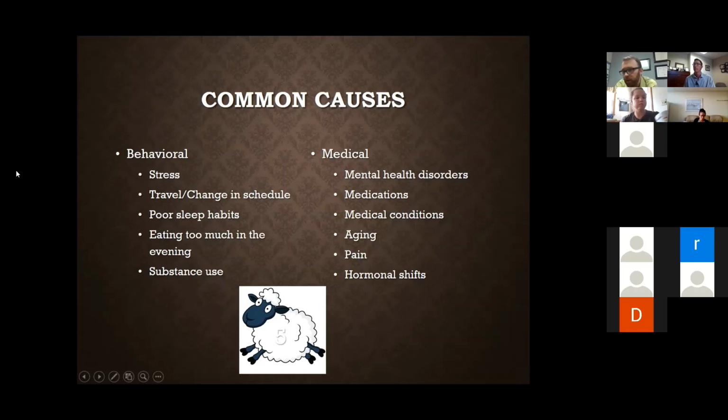We also see a lot of patients in this office that have a wide variety of reasons. They might have pain. Pain is something that can really keep you up. One of the best strategies for pain management is distraction. But one of the best things we do for sleep is try not to be distracted. We want to be really mindful about our sleep. And so when we finally turn off that distraction, our brain may be flooded with pain signals, and that can be a really, really challenging thing. There are many, many causes for this, but these are a few that we realistically see in the office pretty commonly.